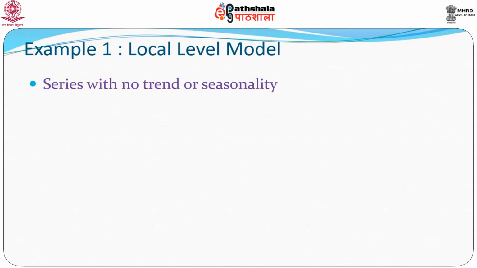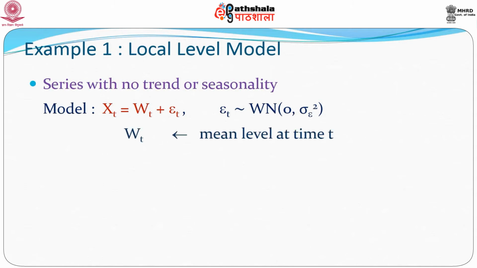So, let us look at this model first. In this case, putting this into a state space model is very simple. We write xt is equal to Wt plus epsilon t, where epsilon t is white noise 0, sigma epsilon square. So, this is the observational equation that we have. Now, Wt in this case would be the mean level at time t, and we will say that Wt is